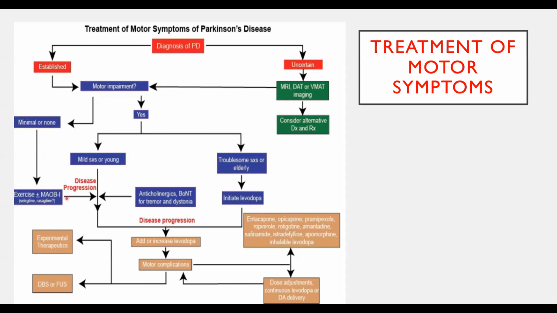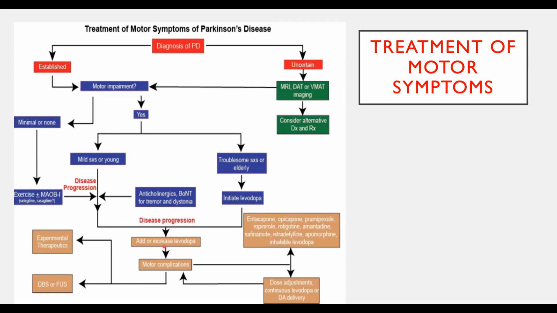Start with the MAO inhibitor for the least side effects, as the least potent drug. Okay. If a patient has motor impairment that is affecting day-to-day activities, in that setting you can directly start with levodopa, because in the elderly, MAO inhibitors and dopa agonists have more side effects. In mild symptoms in a young patient, you can opt for either MAO inhibitors or dopa agonists. After giving these drugs, if the patient still has symptoms and progression, you can escalate the dose of levodopa. As the textbook says, up to 2 gram of levodopa can be given per day. Meanwhile, you should monitor the side effects. If the patient tolerates the dose, you escalate.